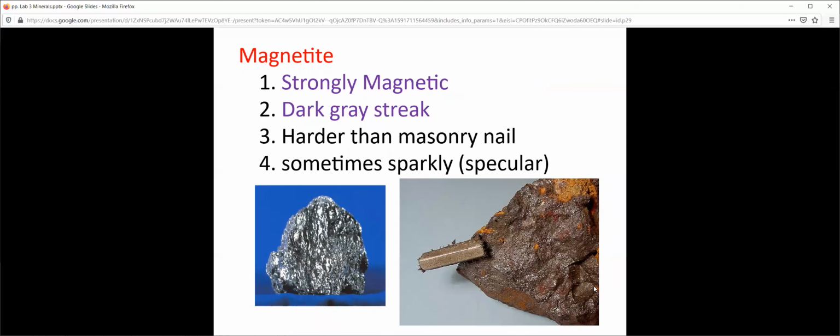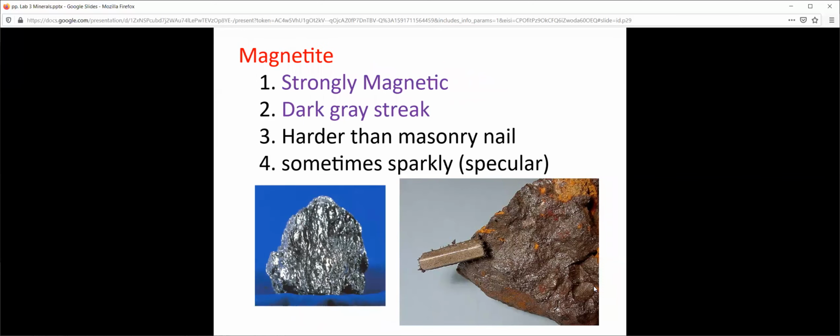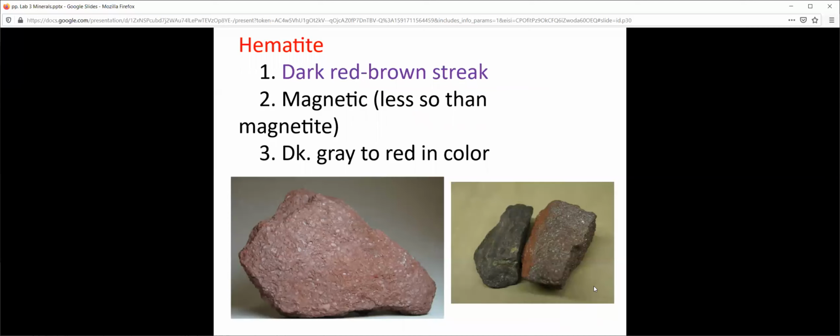Magnetite. It's magnetic, right? It kind of looks like galena to a certain extent, except galena is not magnetic and magnetite is. Hematite is similar to magnetite, except it doesn't have the metallic luster. It's reds and browns and things of that nature, but it still is magnetic. They say it's less magnetic than magnetite, but it varies on the rock, really. It's not a perfect way to describe it. Distinguishing magnetite and hematite is more about luster than about magnetism.